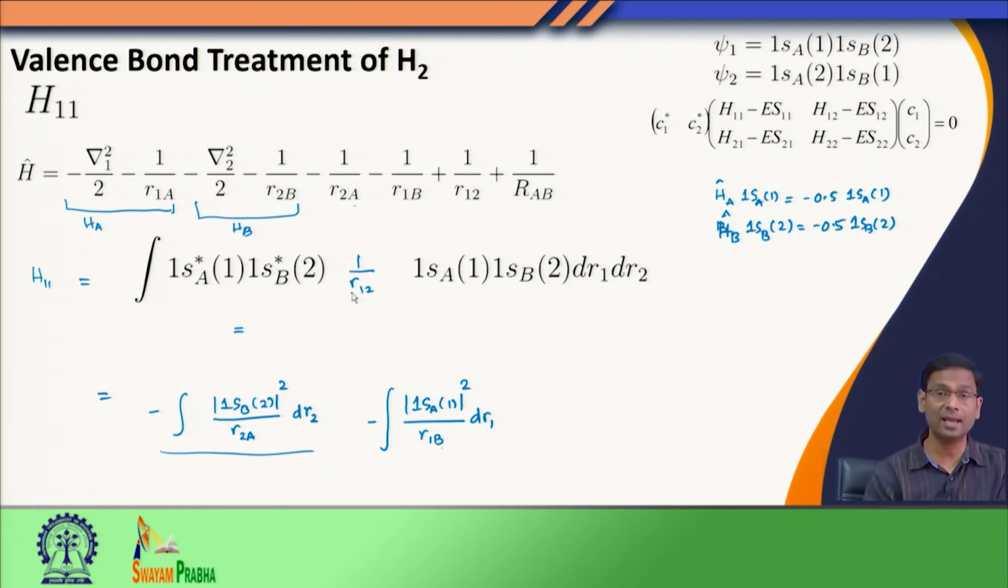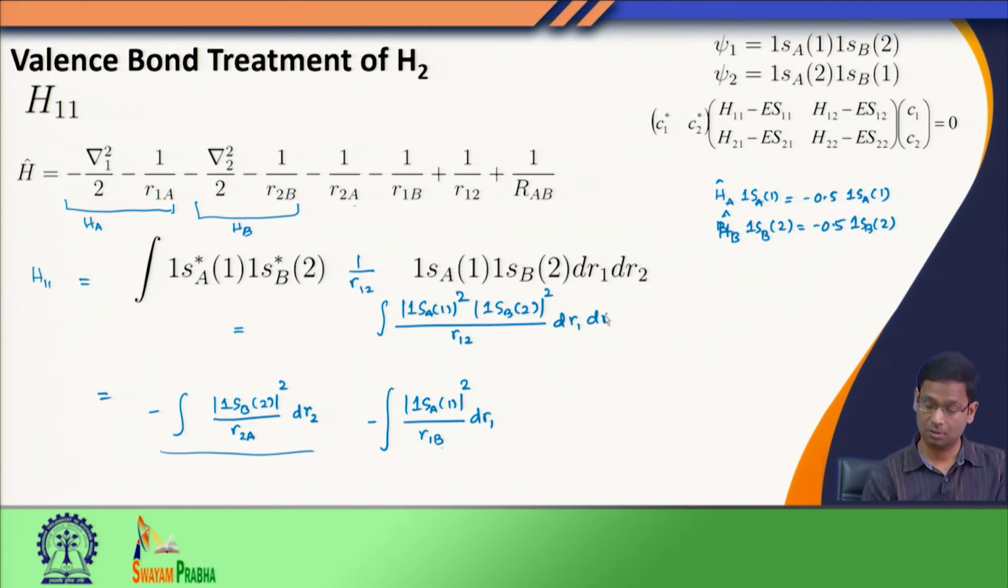So, therefore, I cannot separate this integral into R1 terms and R2 terms because the operator depends on both the electrons. So, when this is the case, I can write this as simply 1s_A star 1s_A, which is